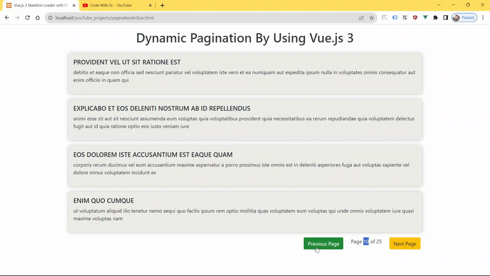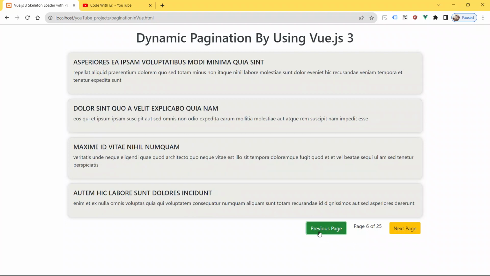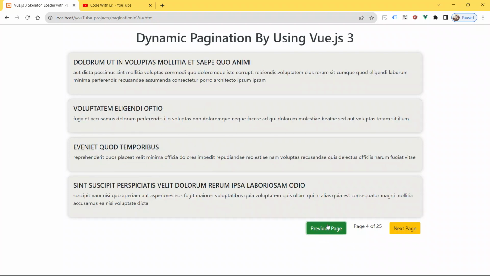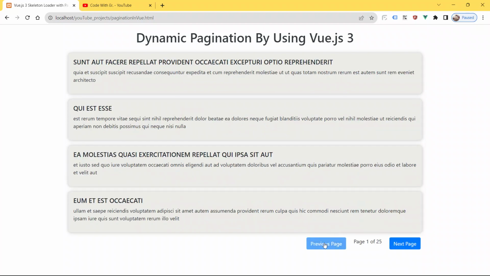Again click the previous page button. See guys, now the page number is first, that's why our previous page button is disabled now and our next page button is enabled, but the background color is now Dozer blue.